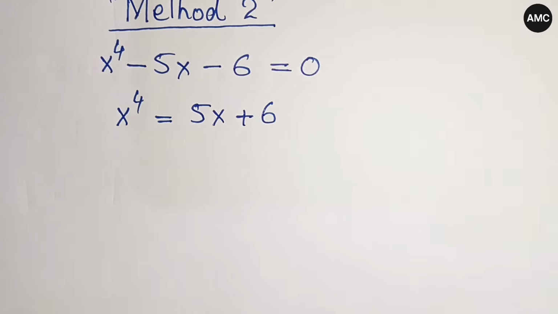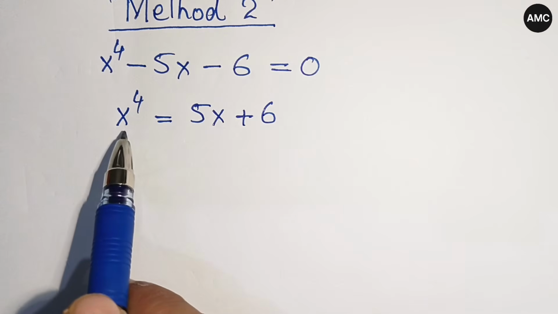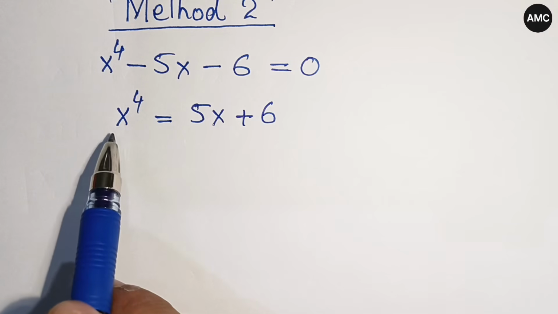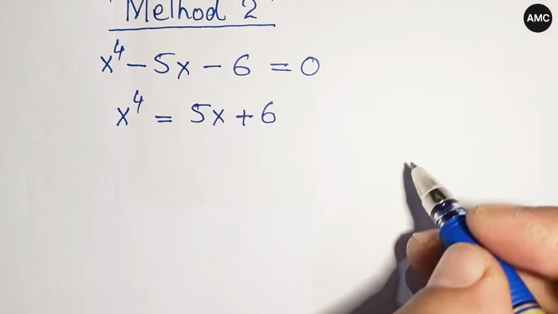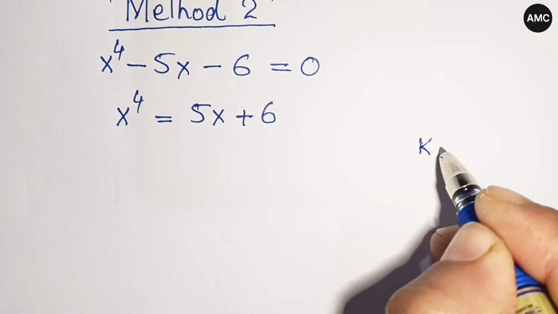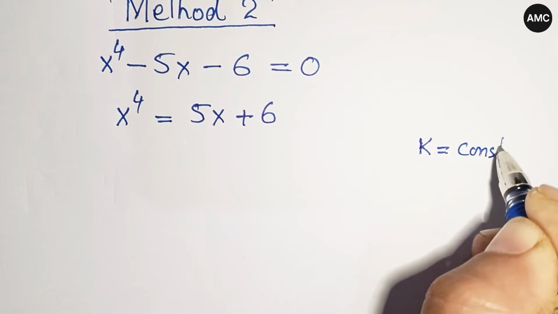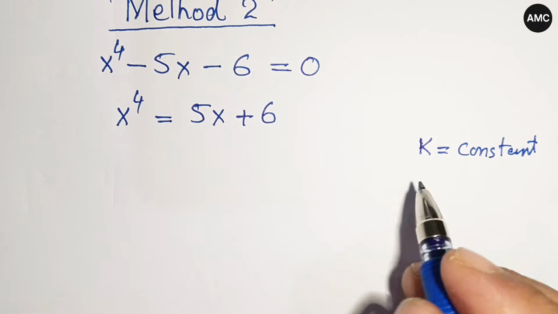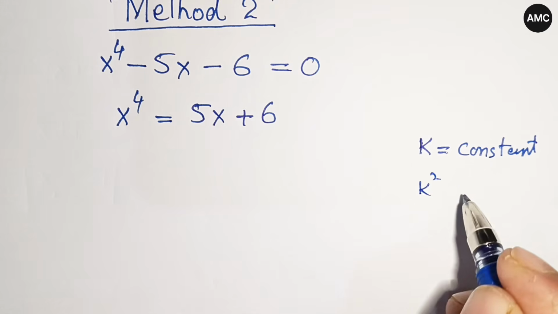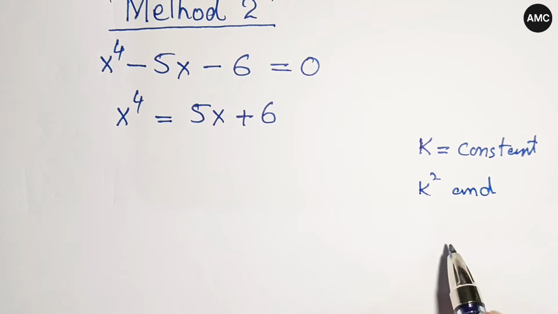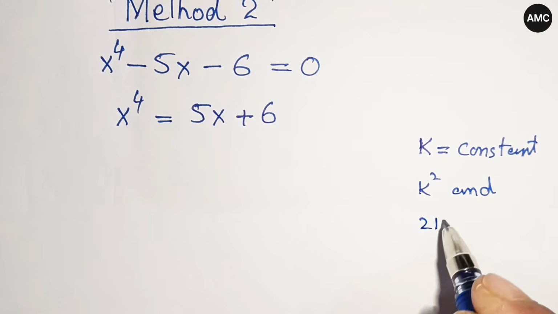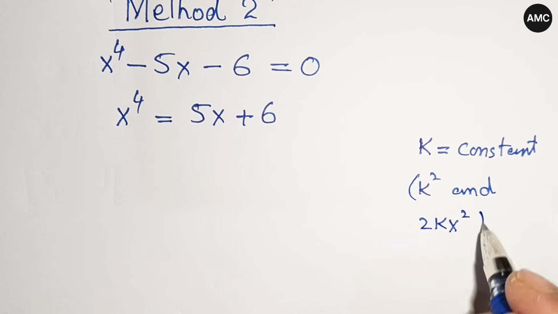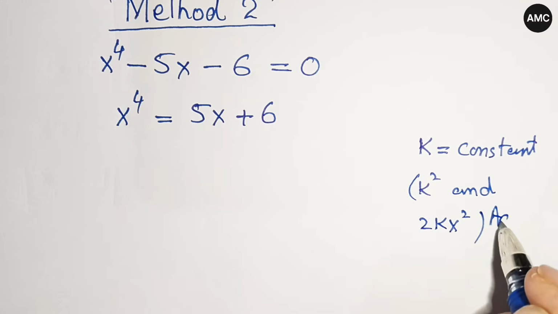Now here we are going to make this left hand side a perfect square. So for making this a perfect square, we have to add a constant. Let's say we have a constant, that is k. So if we are going to add that, first of all k squared, and again if we add 2kx squared on both hand sides. So we are adding these two on both hand sides,